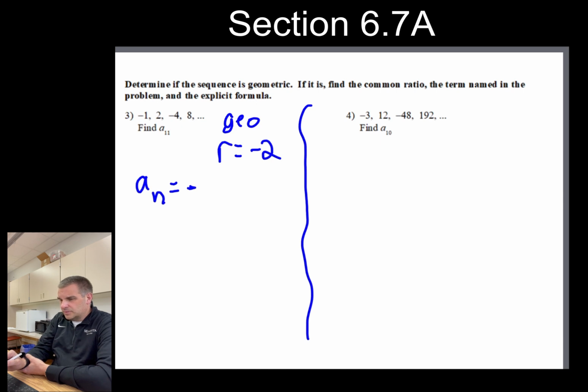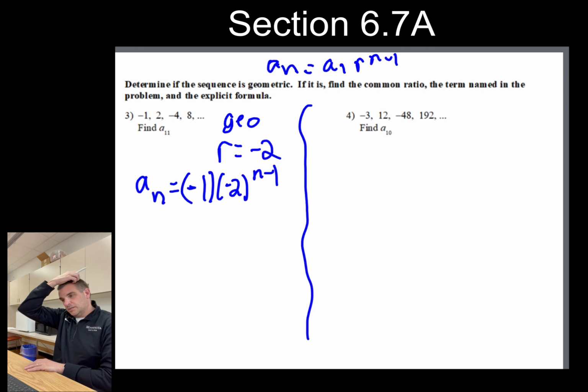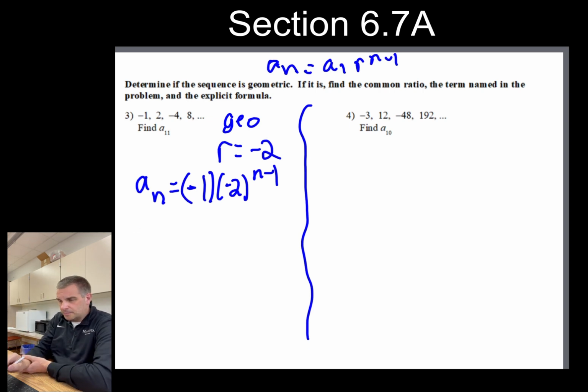It's going to be my first term, -1, times my ratio, -2 to the n minus 1. Again, remember the explicit formula: a of 1 times r to the n minus 1 is our formula. Now we have our formula, and I want to find the 11th term. So the 11th term in the sequence is going to be -1